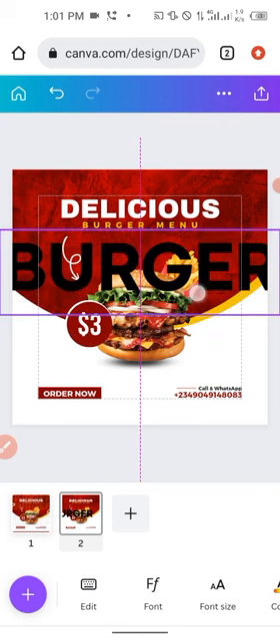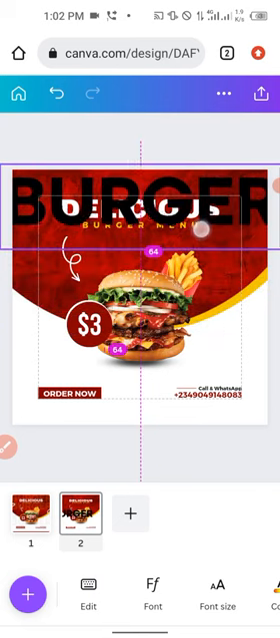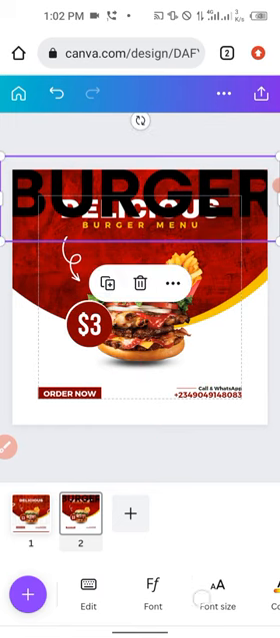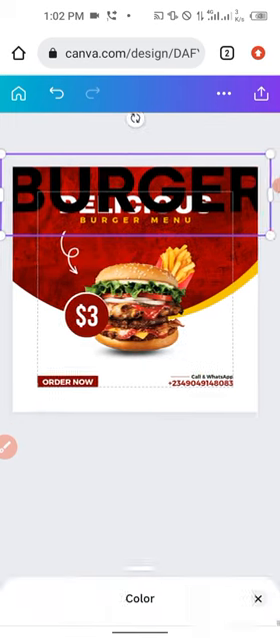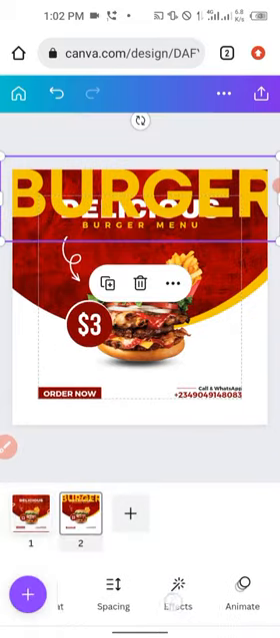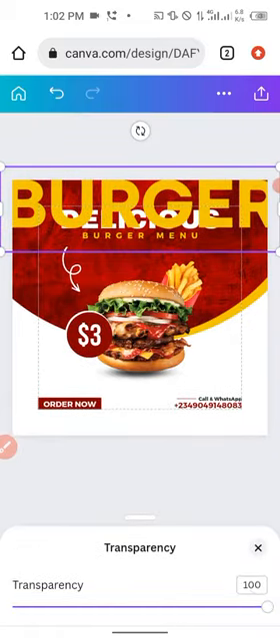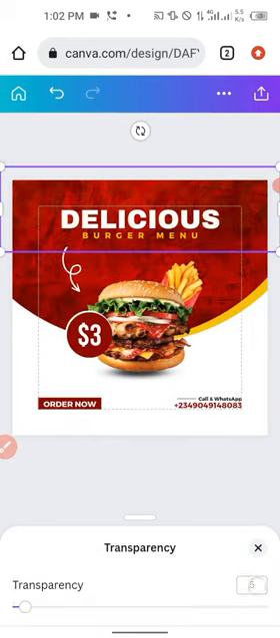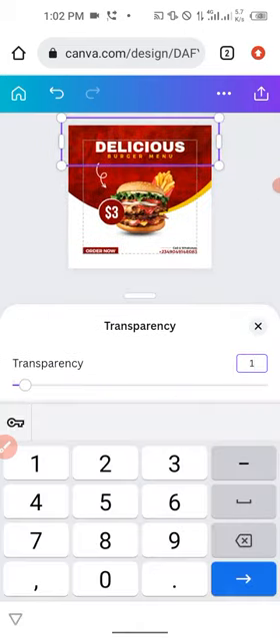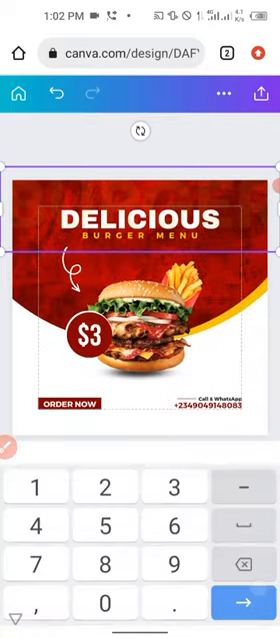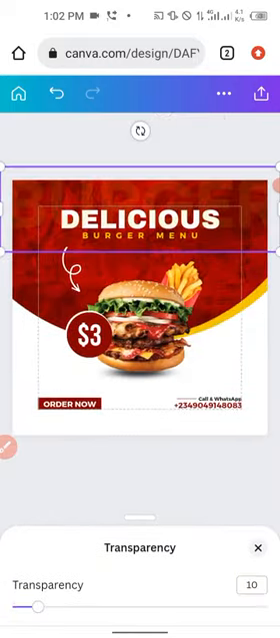Don't bother yourself even if it goes out of your canvas. Just place it somewhere here, and then go to color and change the color of it to this yellow. I hope you understand me. And then go to transparency to reduce the transparency of it to 5, or maybe we can change it to 10. 10 is too much. 8. No, let us use 10 for this,